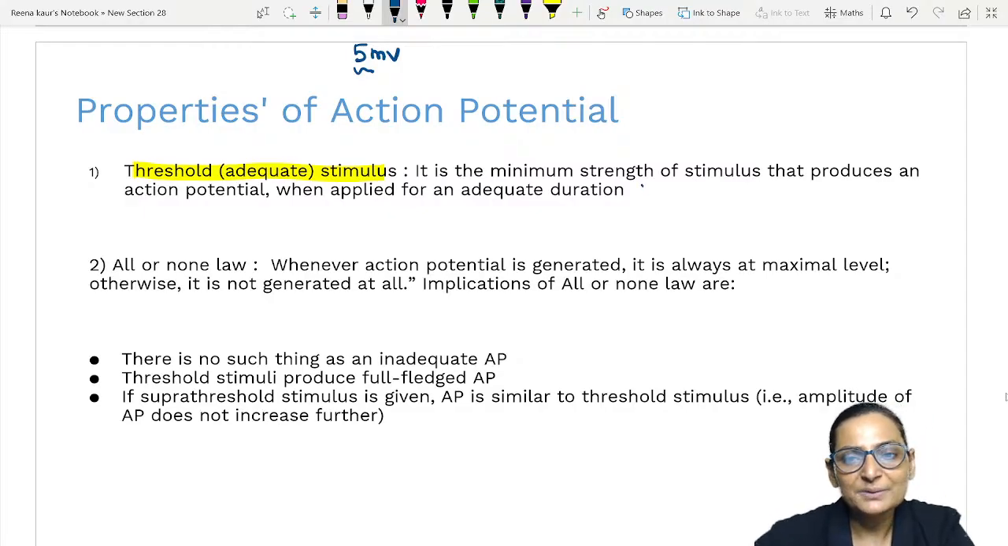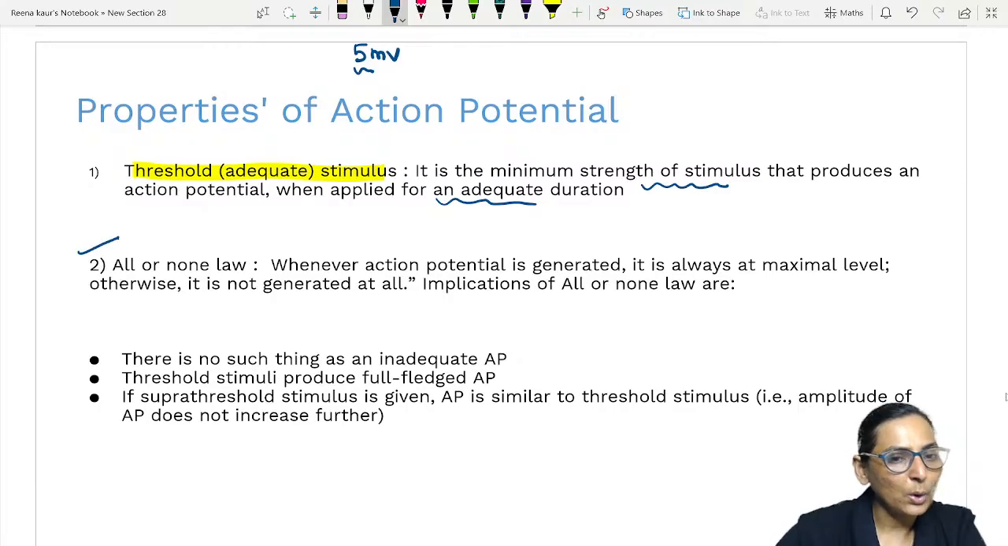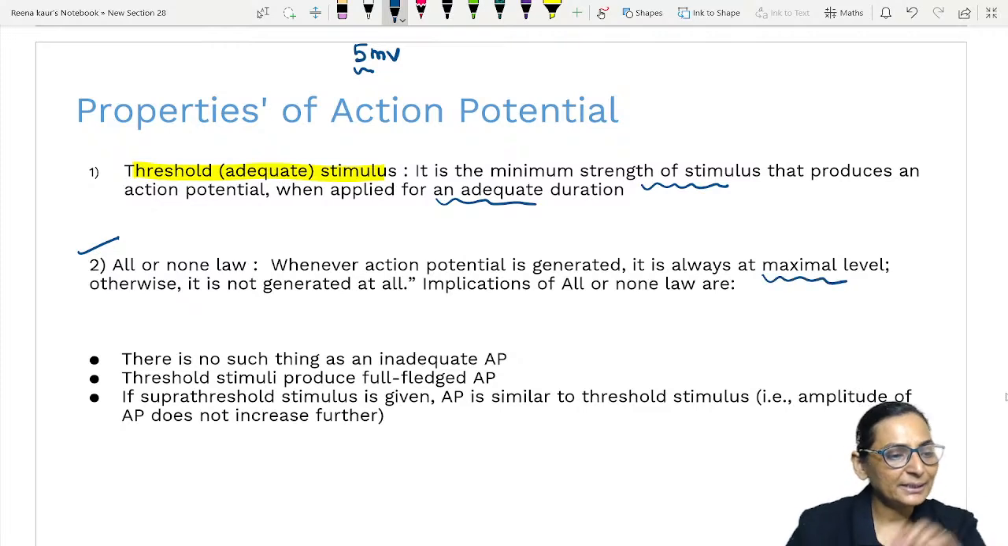Minimum strength of stimulus that will produce a response when it is given for an adequate duration. Second, it obeys the all or none law. That means whenever you are giving a threshold stimulus, the action potential will always be generated